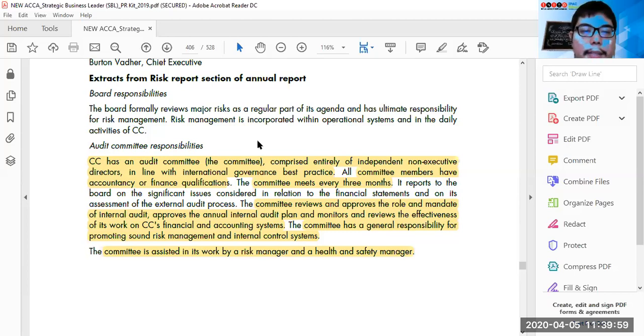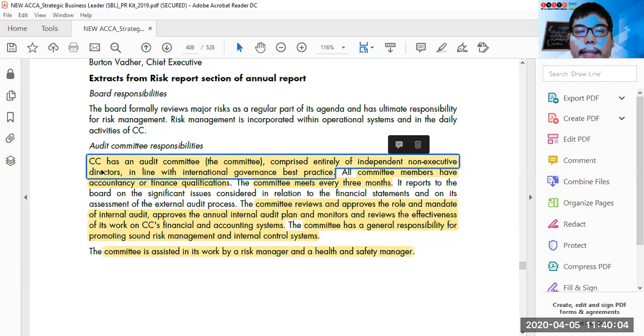As you can see, currently our audit committee comprises NEDs only. What is the problem? When you establish a separate risk committee, you will have both EDs and NEDs. Why is this good? NEDs can only identify risks outside of the company. With the help of EDs, you can identify risks associated with the operation of the company. That's benefit number one.